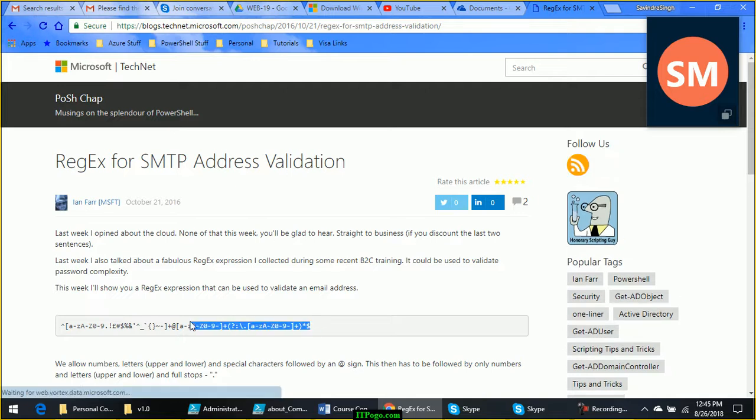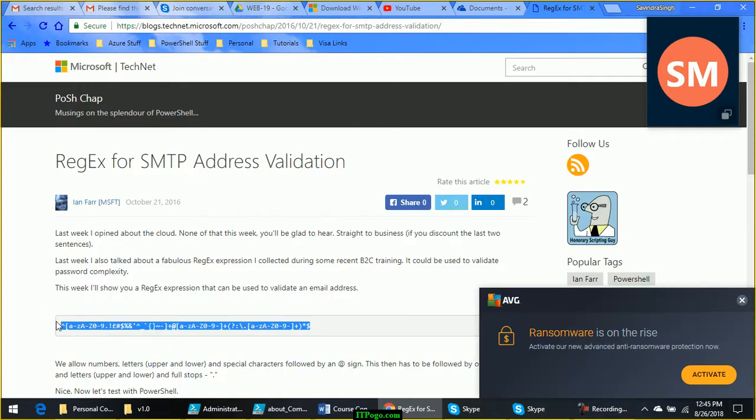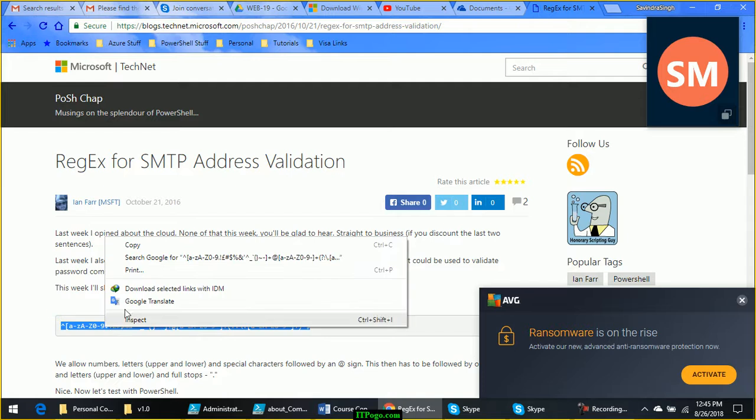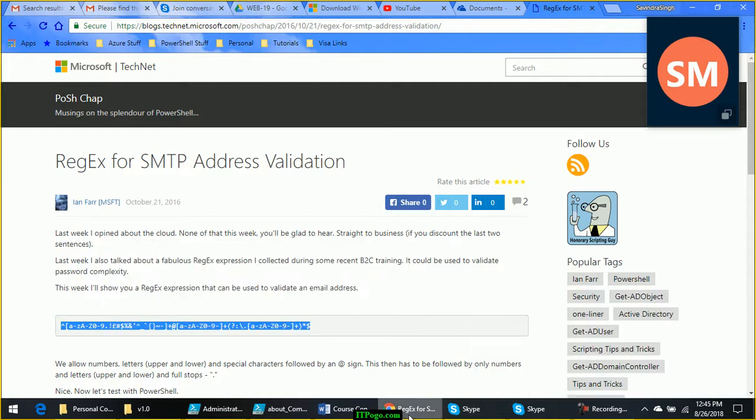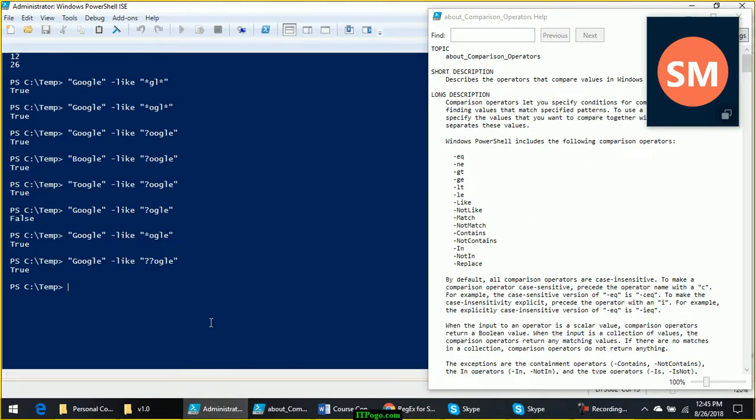So this is the regular expression for validating email address. How to use it? Suppose you have some text like there is sample email at sample.com.